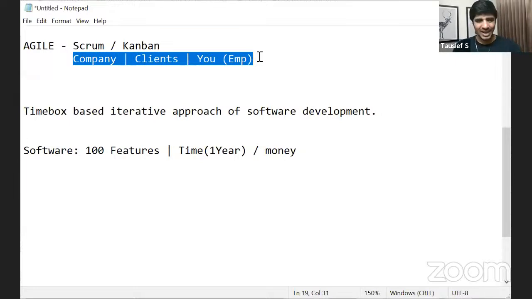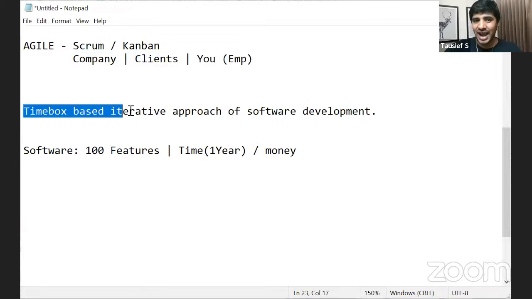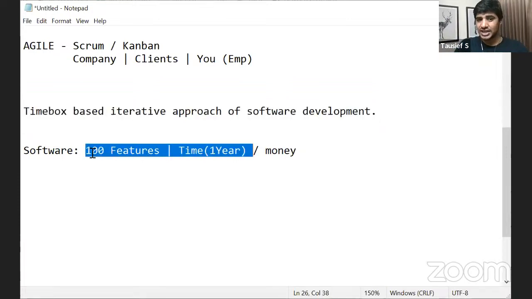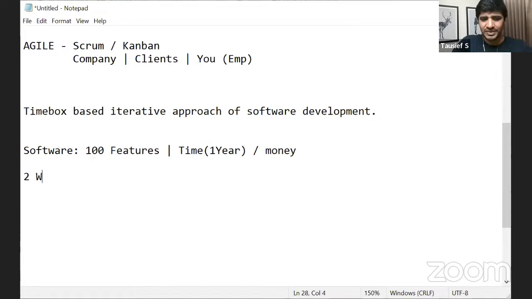We need a better way, and that is where Agile came into the picture, where it says time box based iterative approach of software development. What it says is, you don't develop full software which is 100 features in one time and deploy it in production. Don't do that. Rather, break your project into small phases. Nothing but, let's say, 2 weeks, 2 weeks,